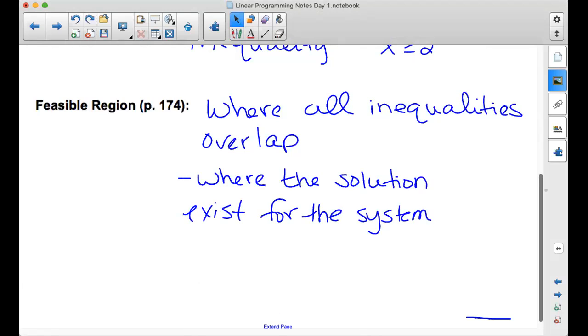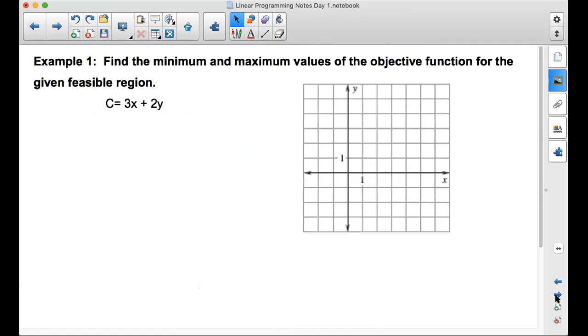So today we're going to look at some constraints, which are really just a fancy way of saying an inequality. And we're going to see if we can get this feasible region. It's going to be a bounded region where the graph has these overlapping pieces. Before we do that, we're actually going to start with a bounded region. Right now this is blank, so I'm going to give you some points to plot. And we're going to try and use that bounded region, or feasible region, to help us determine maximum and minimum